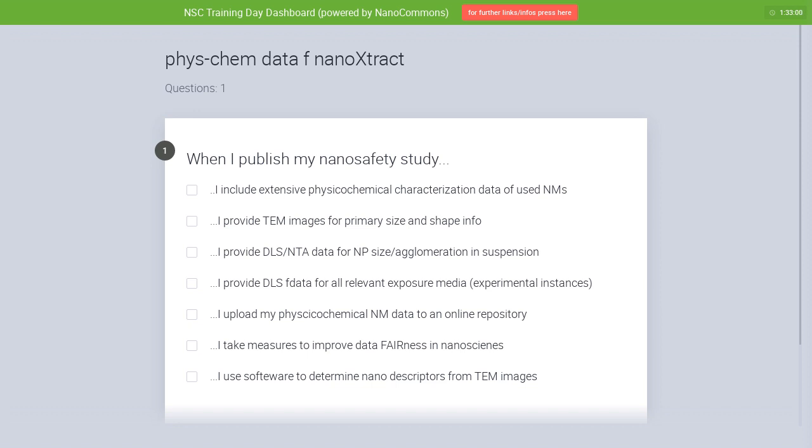So the attendees are still filling in this questionnaire. It's a very short one. It's just one question, actually. When I publish my nanosafety study, what do I do? How far do I get my data into being available online? We have about 20% of people who have voted. It's of course anonymous.